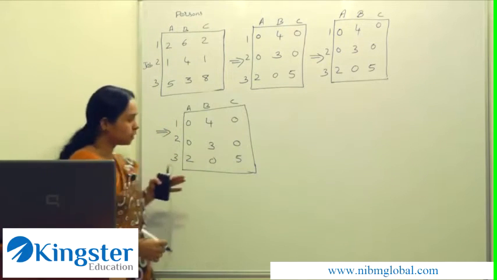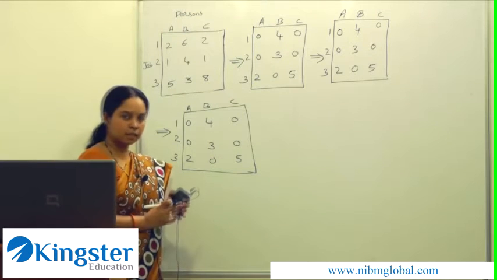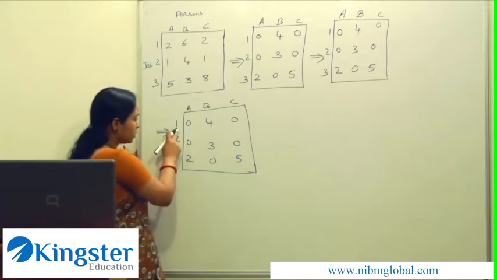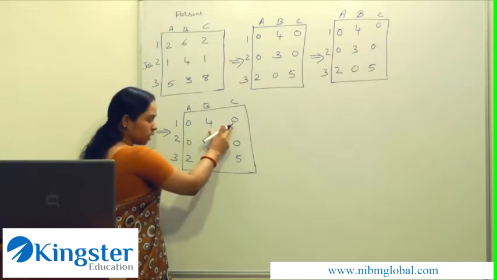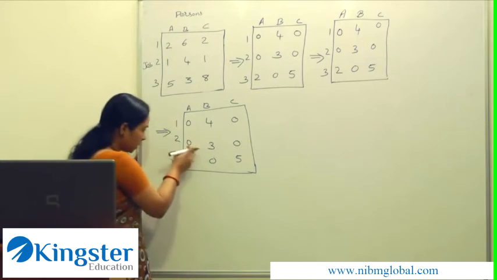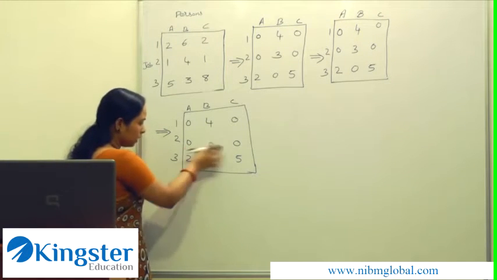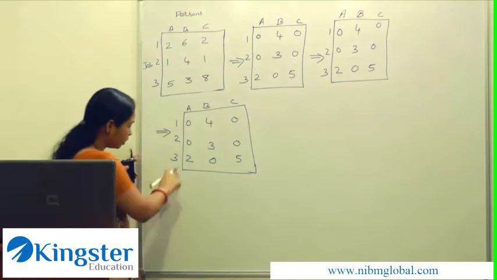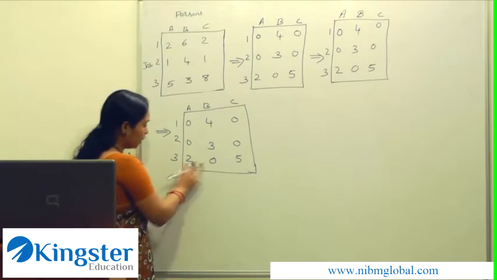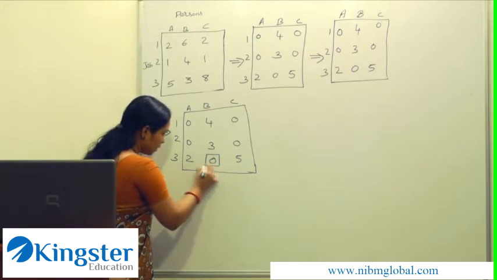Now the first step is to select rows having a single 0. Now consider the first row, we have 2 zeros here, so we cannot select this row at this stage. Now move to the next row, here also we have 2 zeros, so we cannot take that row. Now move to the third row, we have a single 0 here, so we can give an assignment here. So an assignment is made.